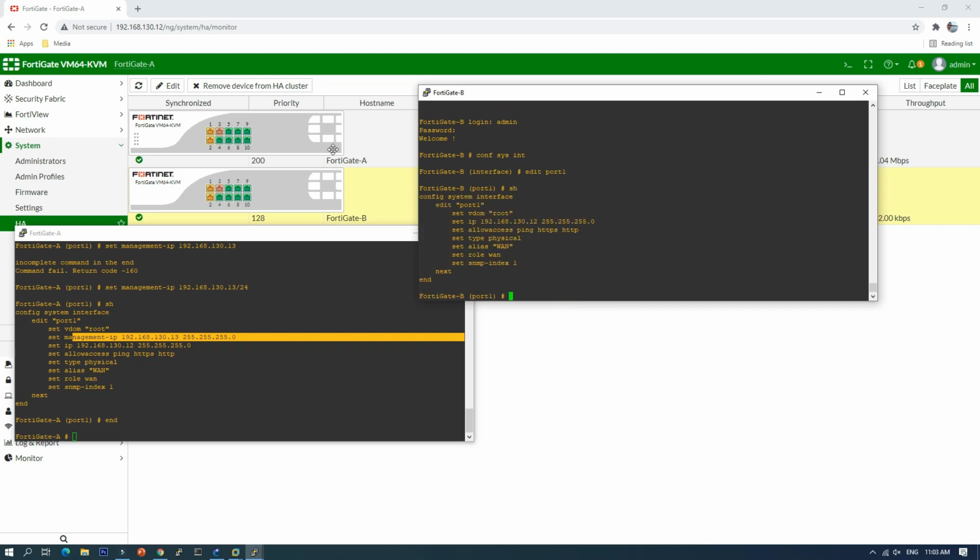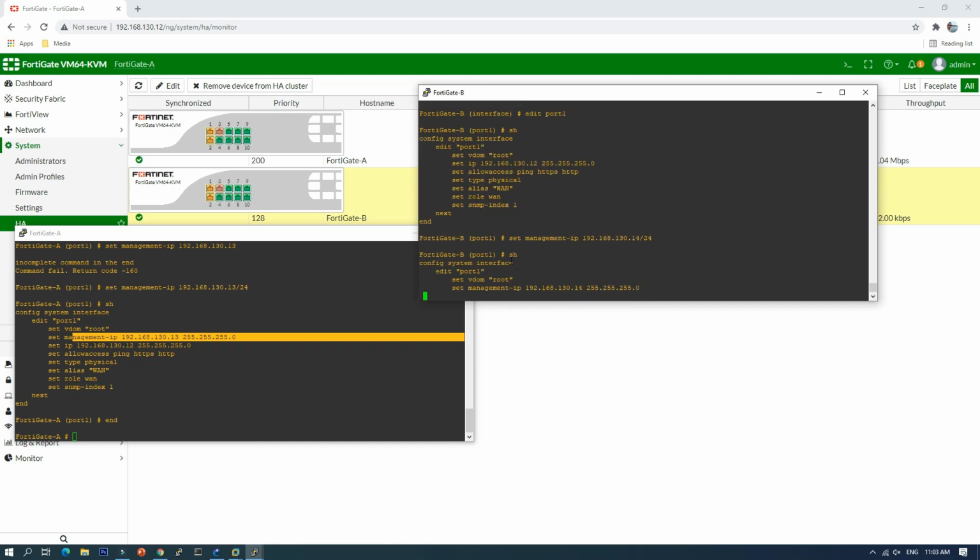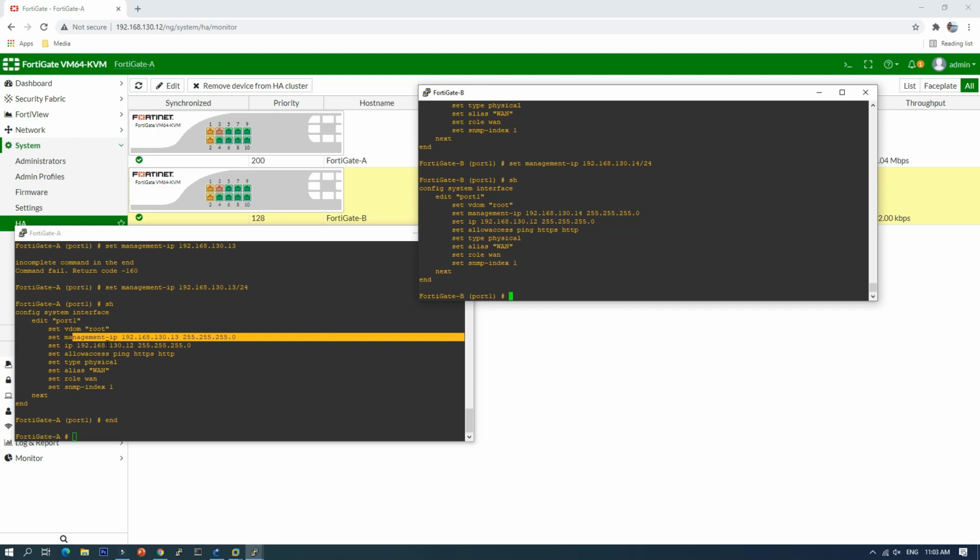So okay, so set management IP 192.168.130.14, 24. So this one, 13, is for the FortiGate A, 14 is FortiGate B. Okay, so let's try together.